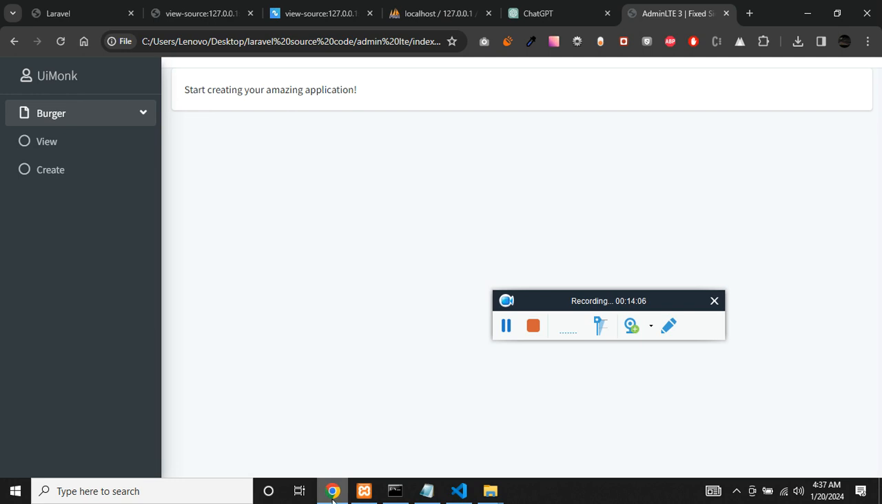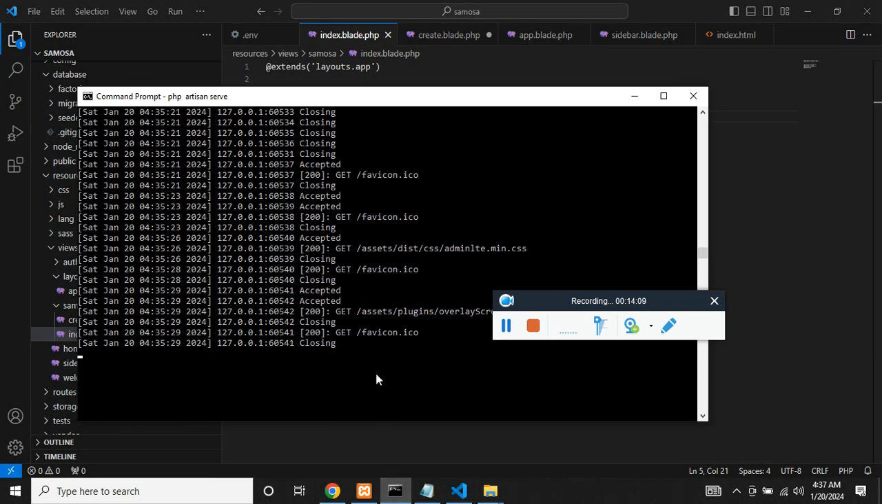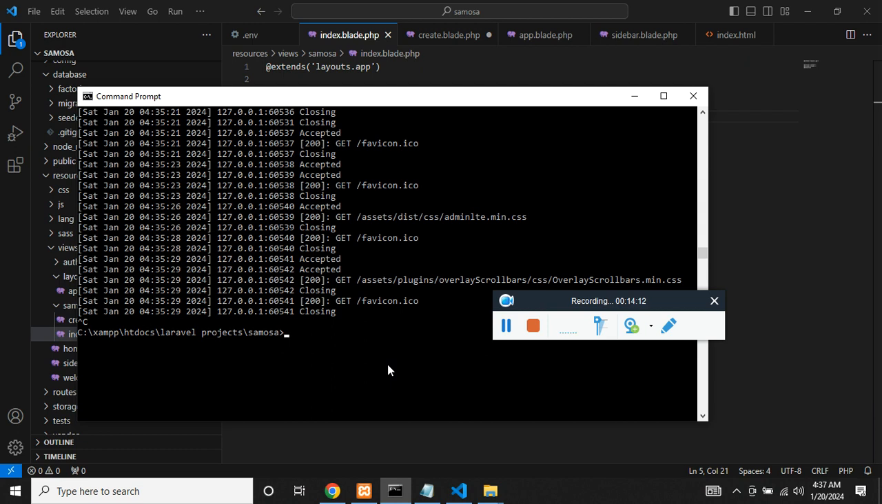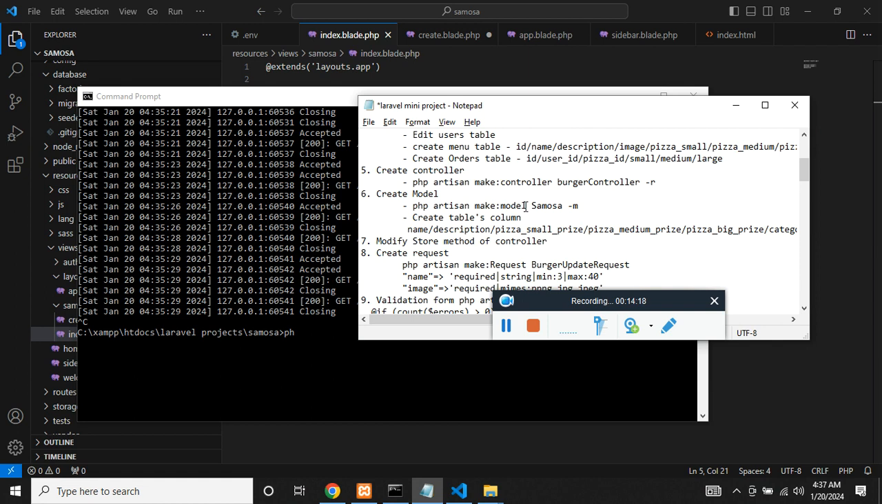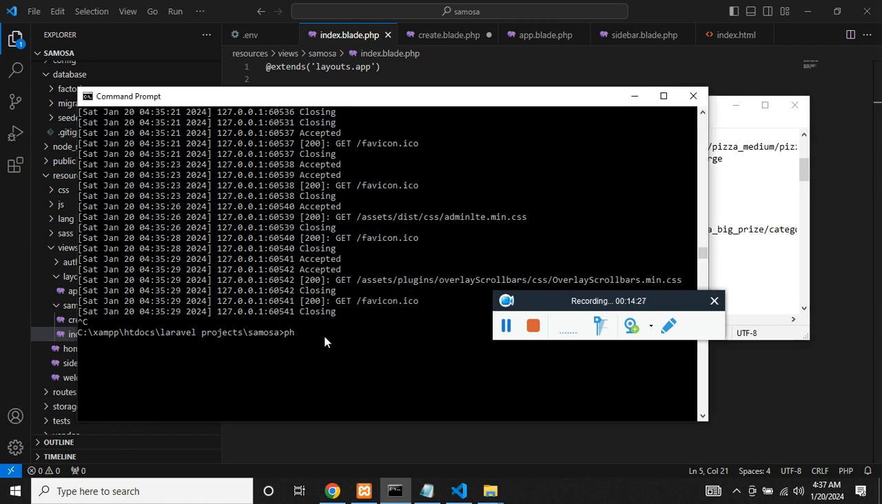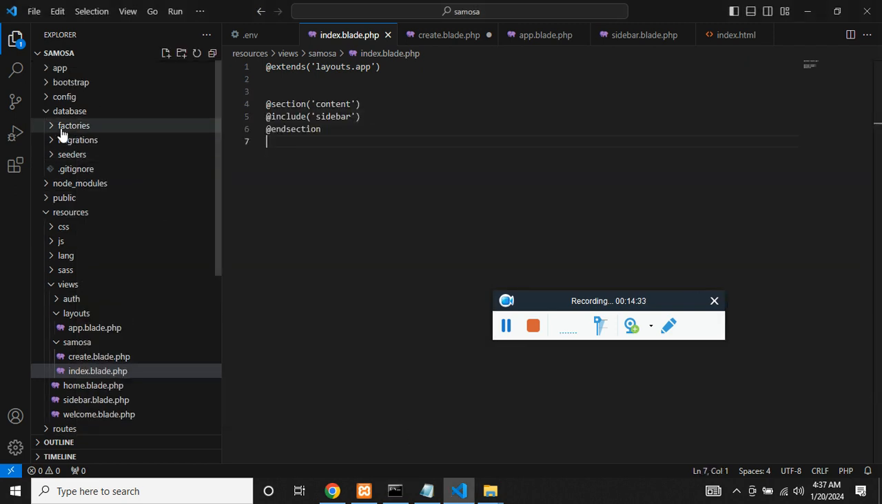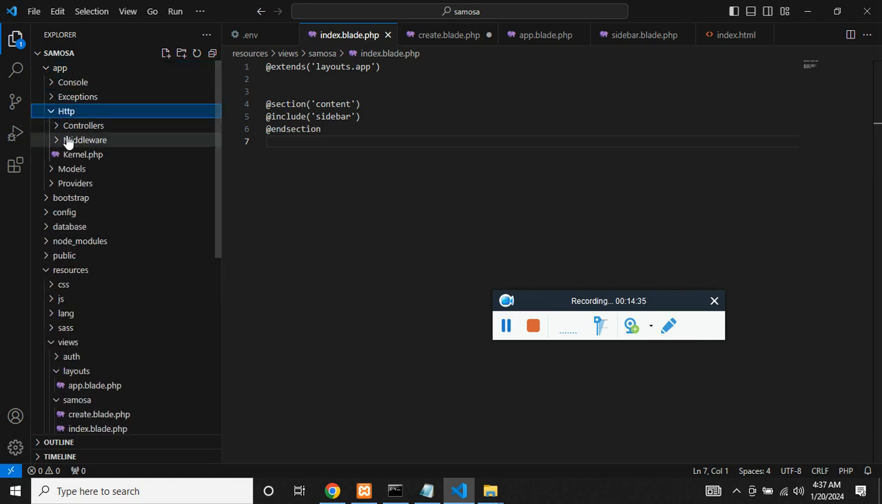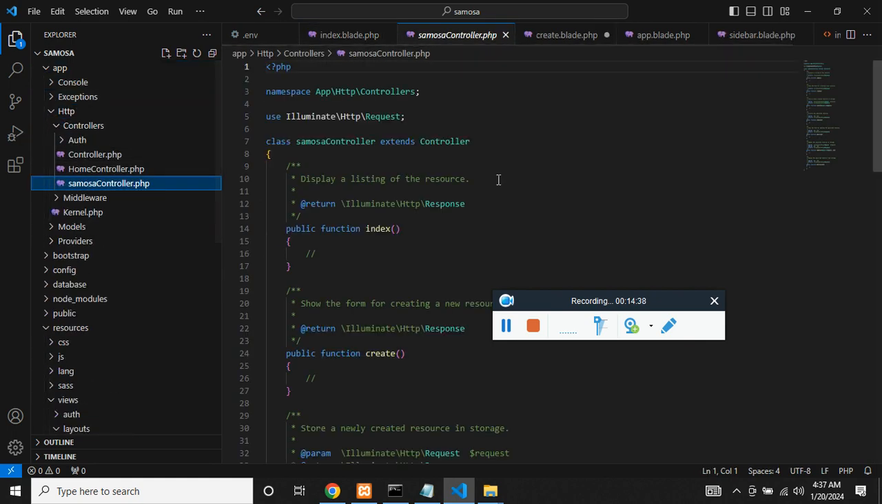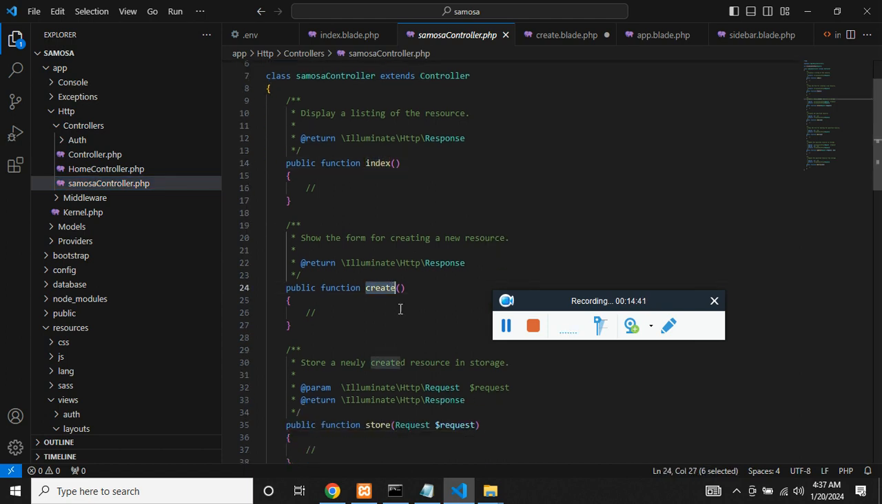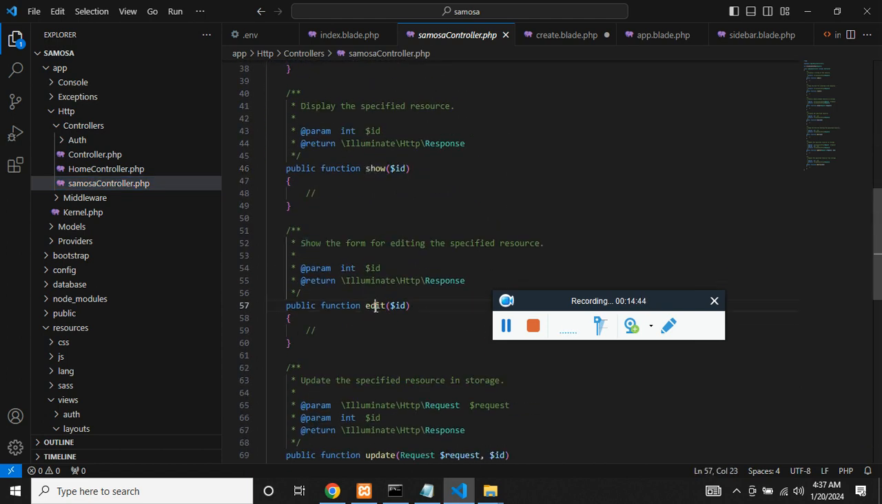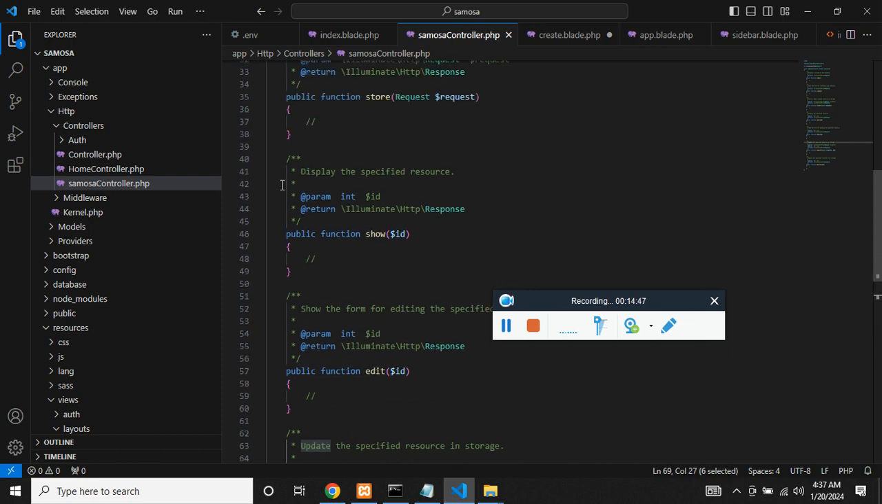So the page is created, but we need a route. So to create route, we need to create controller. So it's better to copy paste. So php artisan make:controller SamosaController along with the resource. R stands for resource. So what are the resources? It would be the files, it would be the functions. Now in the app HTTP controller, you'll see SamosaController. SamosaController has index, create, store, show, edit and update functions, which we will be using in the